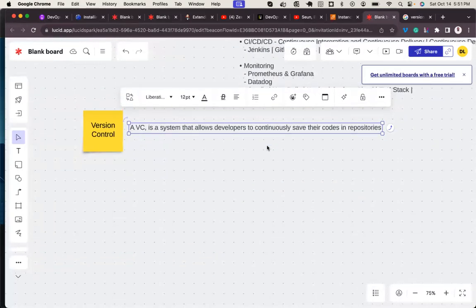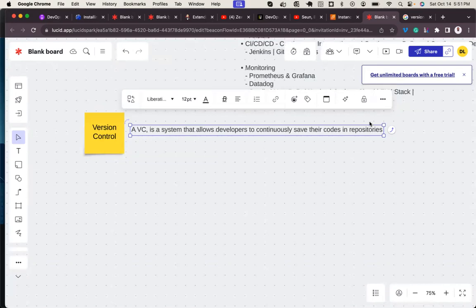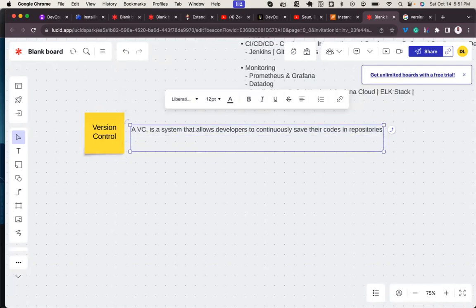Now that we've known what a version control is, in this class we will be talking about Git and GitHub. So Git is the default CLI. It is the default source control tool for interacting with all version control tools.